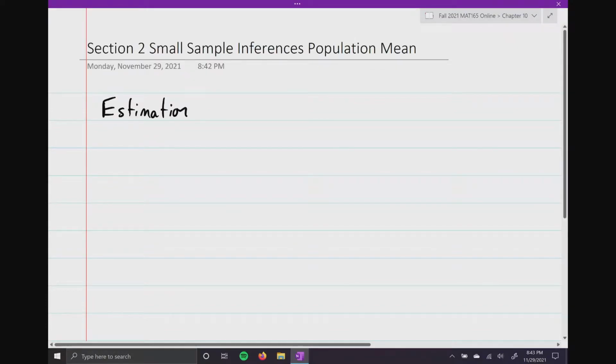So with estimation, that's going to be a confidence interval. And remember, since we're talking about a population mean, we're going to be estimating mu. And then with hypothesis testing,